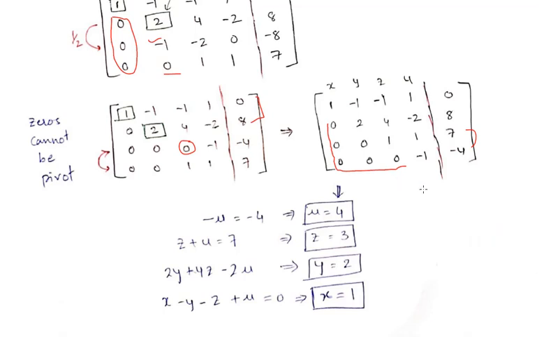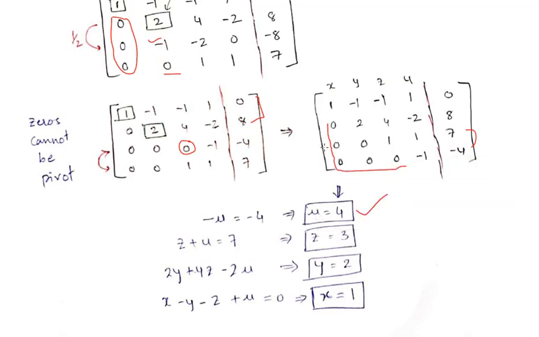So can you observe here? In the last row we have minus 1 and minus 4. What does that mean? These are the coefficients of x, these are the coefficients of y. This column belongs to the coefficients of x, this column belongs to the coefficient of y, this column belongs to the coefficient of z, and this column belongs to the coefficient of u. So by adding this, we have to get minus 4, right? So that is minus u is equal to minus 4. So we have found one variable directly by converting our matrix into a lower or upper triangular matrix. So one value is got.